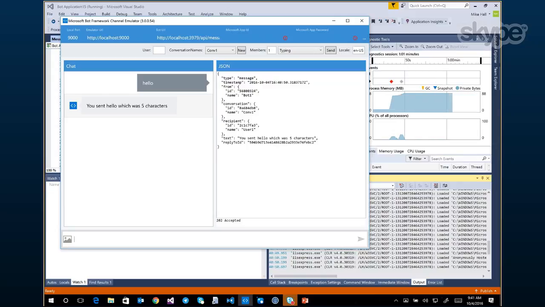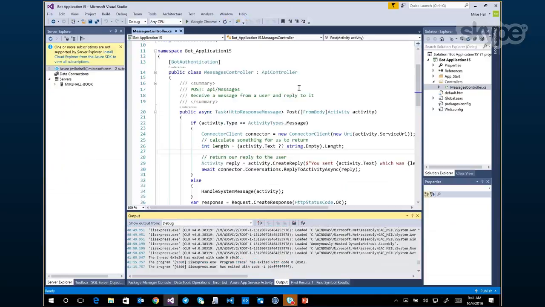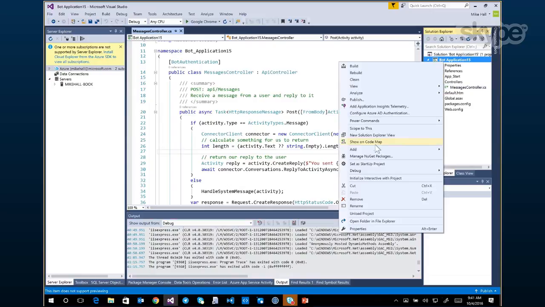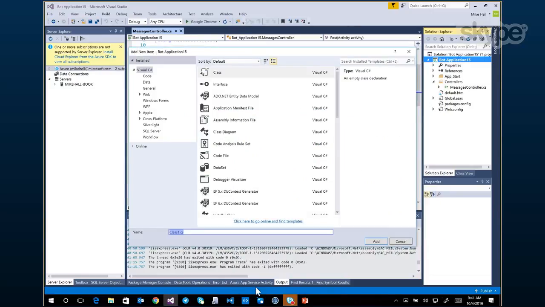So now let's spend a few minutes adding some additional code, not a huge amount of code, but a small amount of additional code to the bot that then extends the functionality of the bot to do something useful. One of the things I talked about earlier was calling existing web services, whether that's NOAA to get weather information or Yahoo Stock Services to get stock information. So what I'm going to do is add some code to this bot that calls the Yahoo Stock Service and retrieves stock information for a particular ticker.